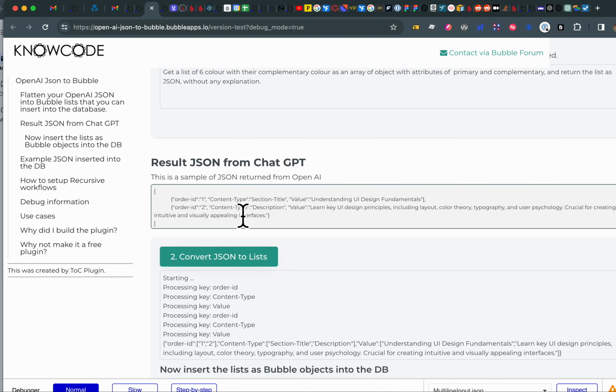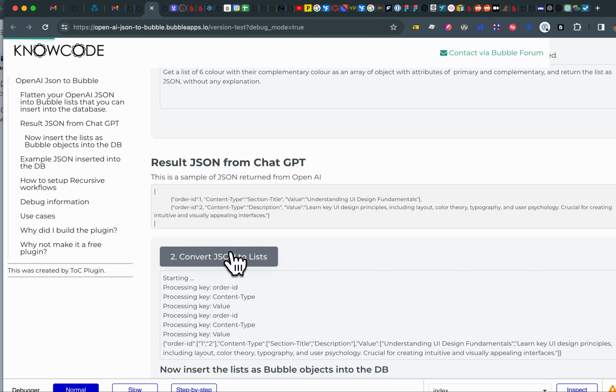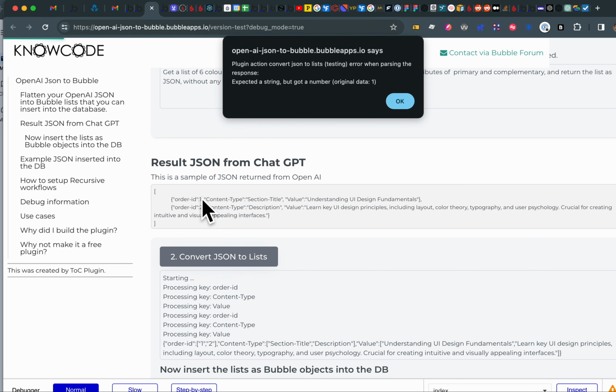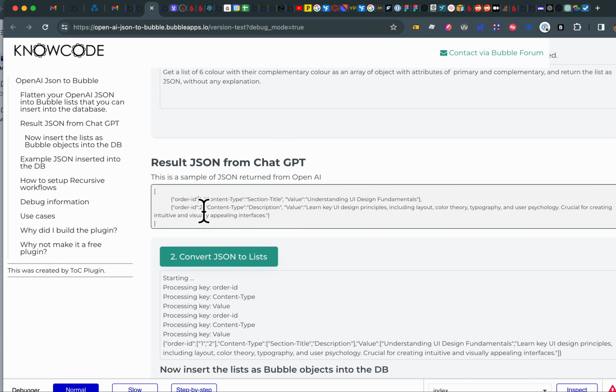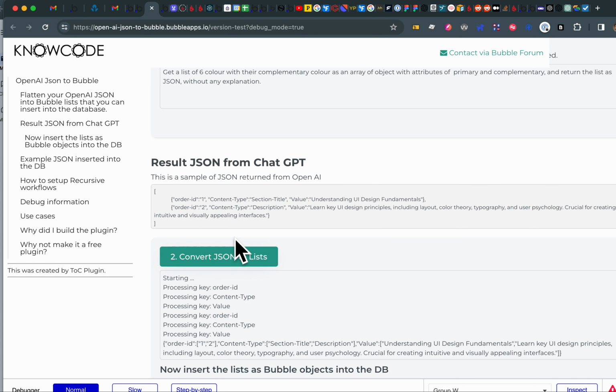into this test page so I could test if it parses correctly through the plugin. And you just need one thing: the plugin expects everything to be texts. So if I have a number in this order ID, it's going to have an error. But when you ask ChatGPT for the values, make sure you prompt it to convert number types to string